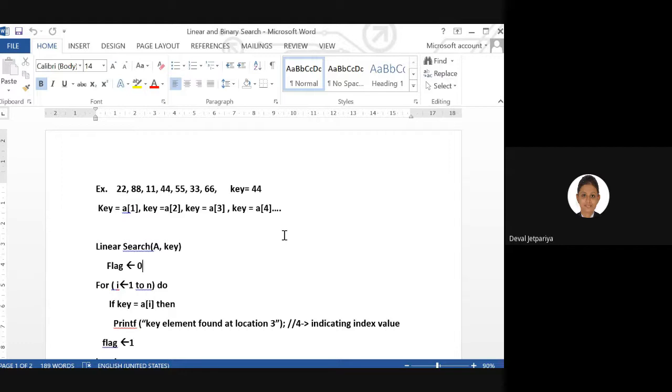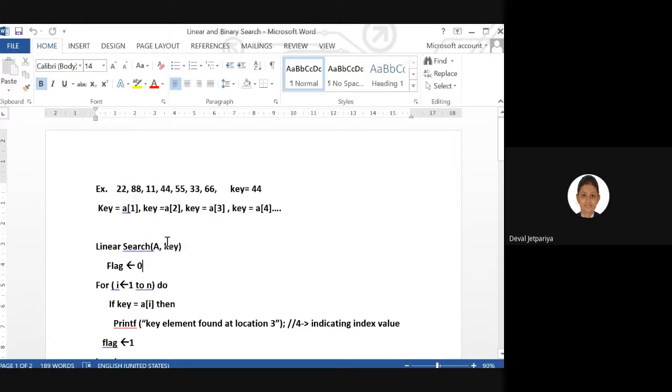As an answer, we just need to tell whether a particular key element is present at this location, or if it is not present in the entire list, then we simply print that the element is not found. In linear search it is very easy and straightforward: we take two inputs. One is the total array list, that means this many elements, and the second one is the key element which you want to search in the entire list.